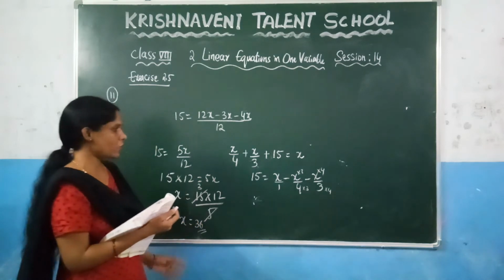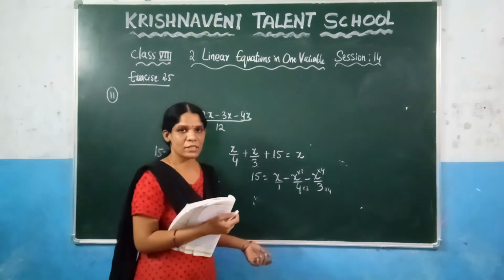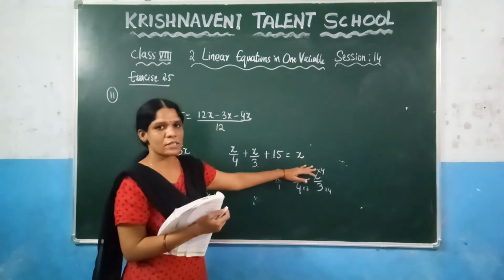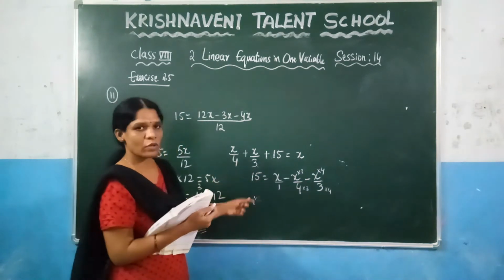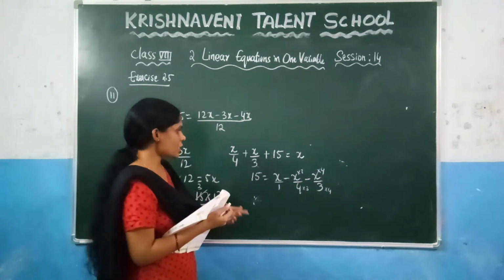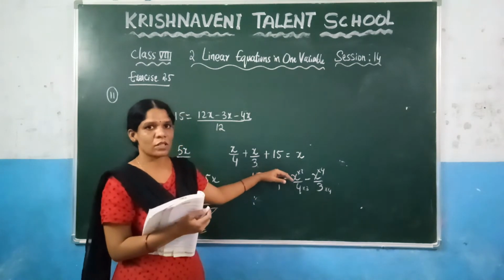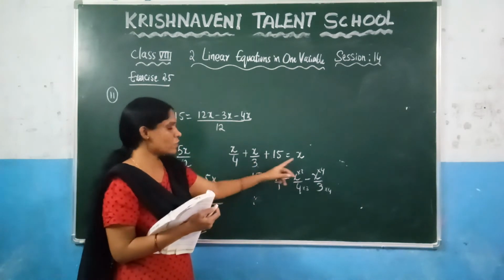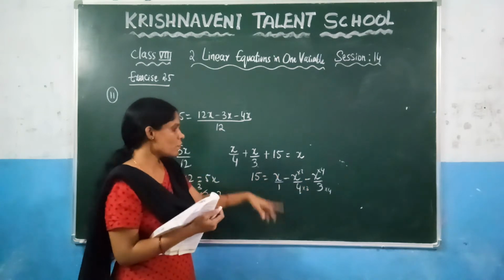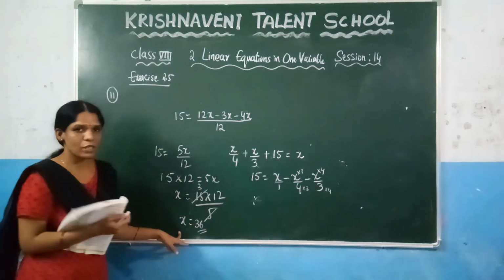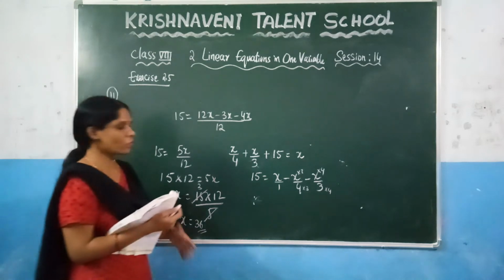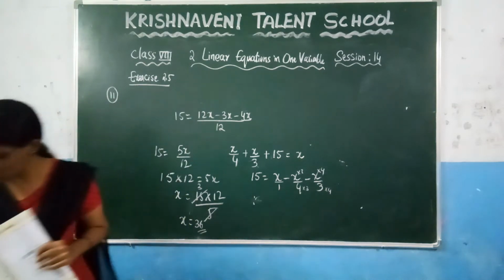So here what is given is that you don't know how many deer there are. Let us consider it as x, and they said that 1/4 went to the forest, 1/3 went for grazing, and the remaining 15 are drinking water. So if you add all these, you will get the total number of deer. Now after solving, you got the value of x, which is nothing but the number of deer. Now write the solution.